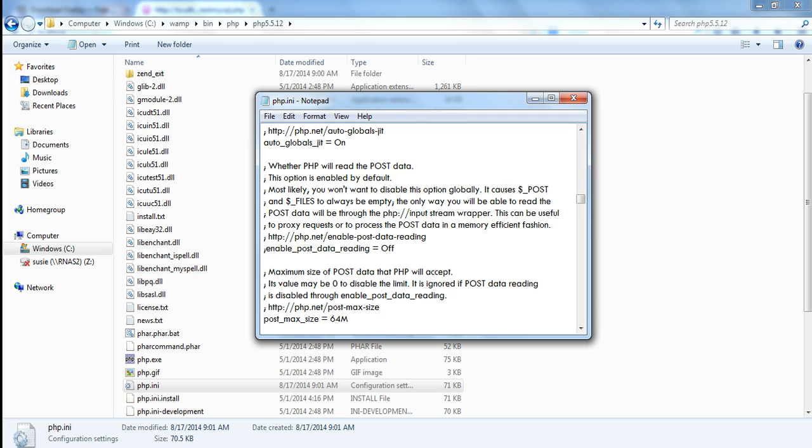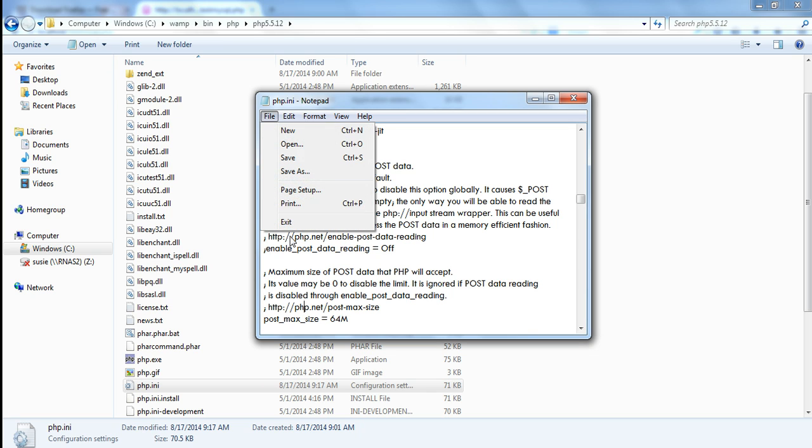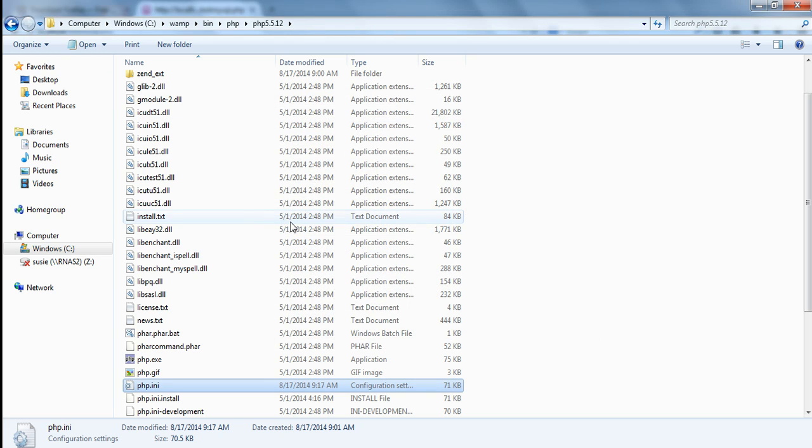Okay, this is the php.ini file in the PHP folder. Save that change, take a screenshot, take a screenshot of this too, save off your screenshot, and then you can close the php.ini file. Now, in order for those changes that we just made to take effect, what you have to do